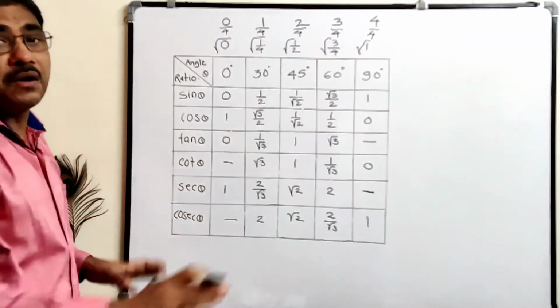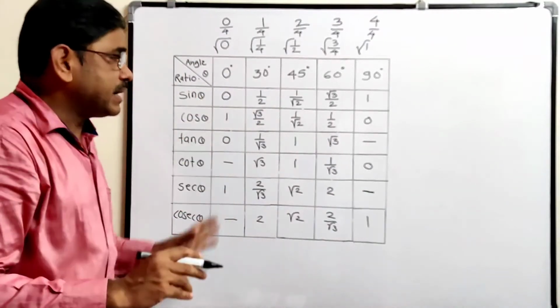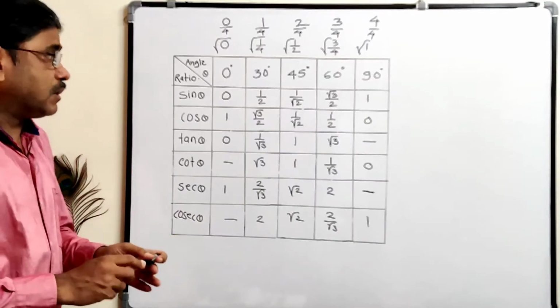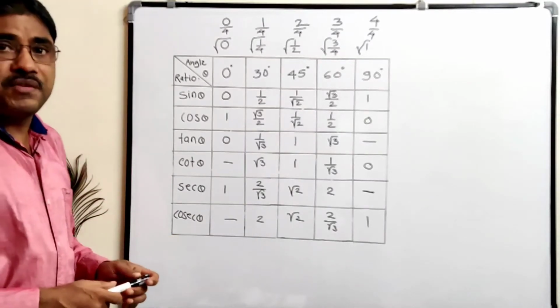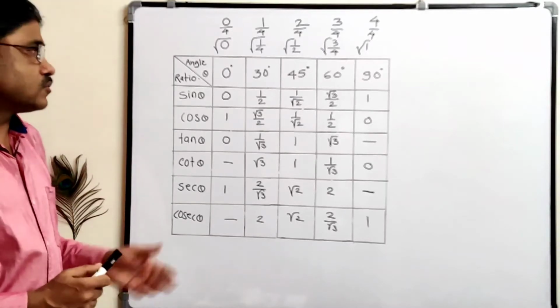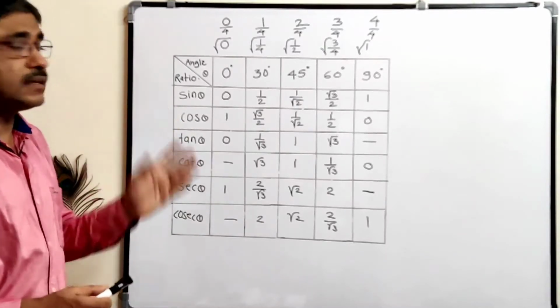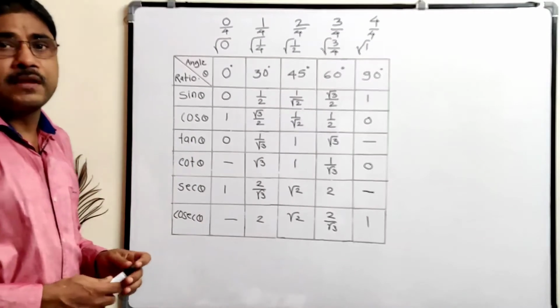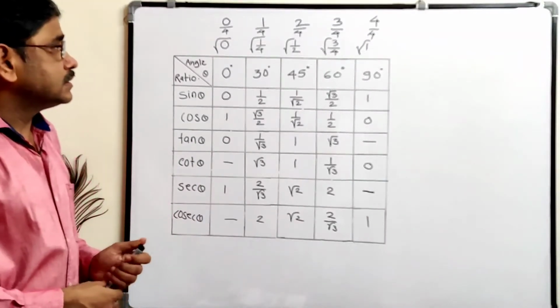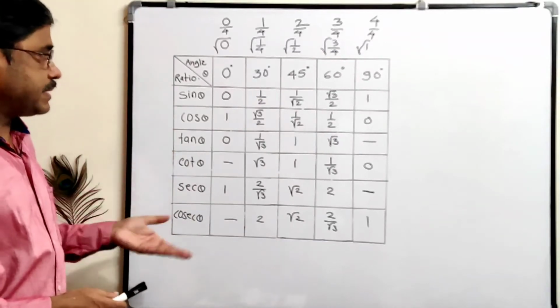So in this way, without by-hearting, we can prepare this table. First prepare this table in half an hour, because we get the paper half an hour before. At 10:30 we get the paper. So on the last page prepare the table, because it is useful in trigonometry as well as in our last chapter, that is mensuration. So first prepare this table.